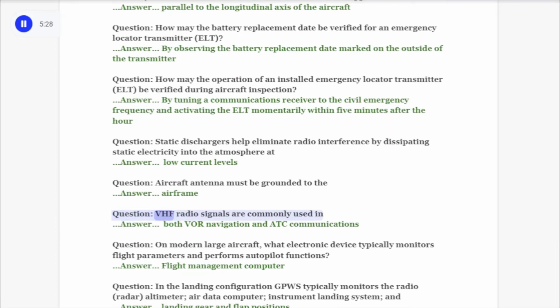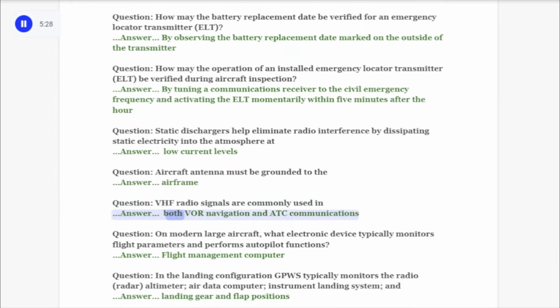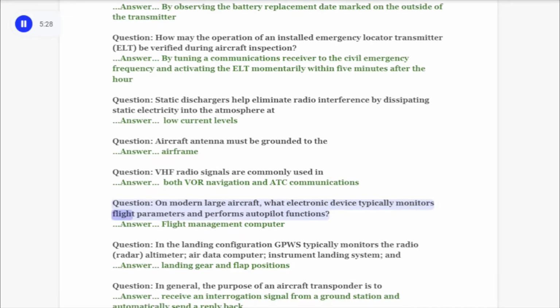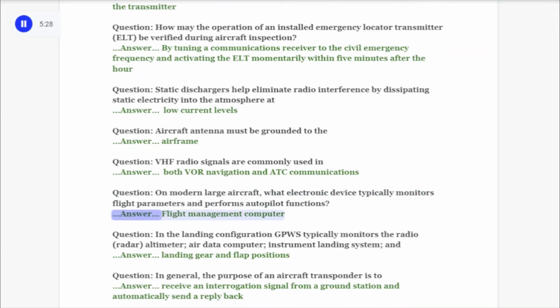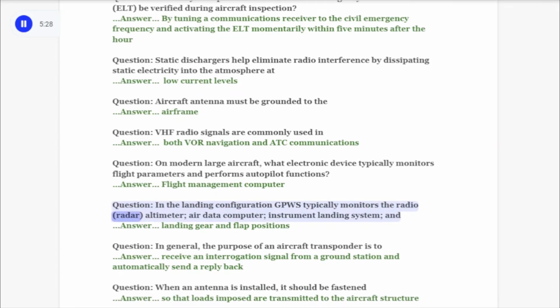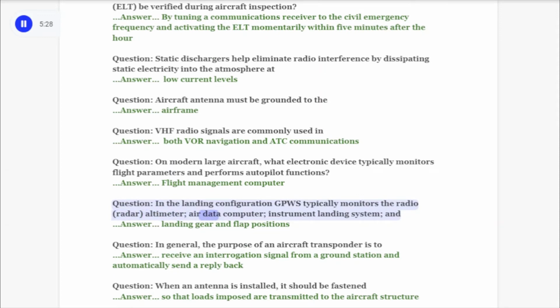Question: VHF radio signals are commonly used in. Answer: both VOR navigation and ATC communications. Question: on modern large aircraft, what electronic device typically monitors flight parameters and performs autopilot functions? Answer: flight management computer. Question: in the landing configuration, GPWS typically monitors the radio, radar, altimeter, air data computer, instrument